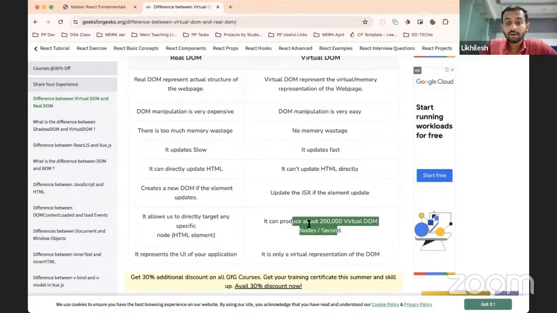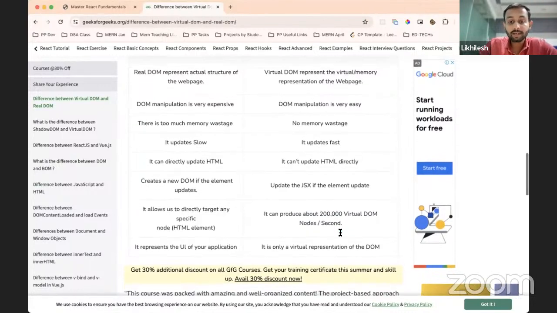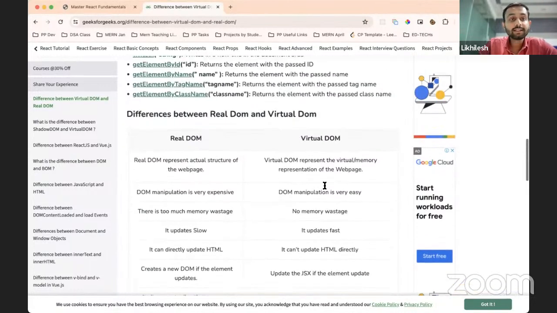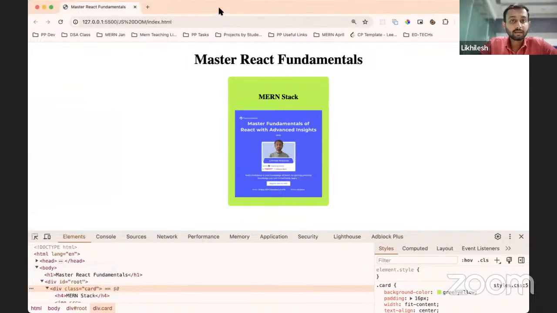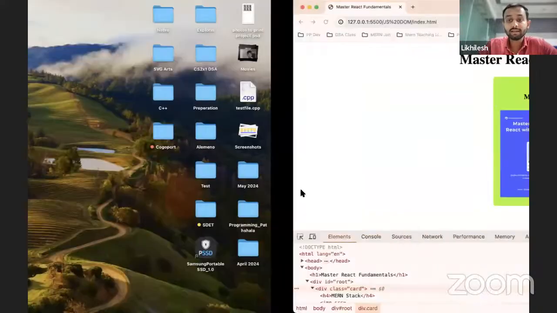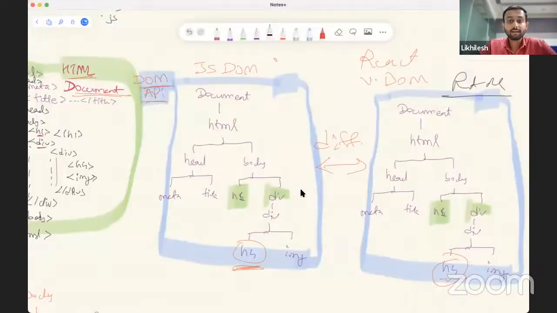एंड देर आर मल्टीपल थिंग्स एज वेल, यू कैन सी डायरेक्टली चेंज करने से कुछ लिमिटेशंस है। और वर्चुअल डॉम 2 लाख टाइम्स पर सेकेंड इतनी कैपेसिटी है उसकी, मतलब दैट इज अ रफ नंबर आई फील। तो जो भी नंबर है, इट जस्ट मीन्स दैट इट इज फास्ट। ओके, ये जो फास्ट फास्ट वर्ड आई एम रिपीटिंग, दैट इज द मेन थिंग। एंड दैट्स व्हाई वी नीड रिएक्ट। बिकॉज आज जो तुम वेबसाइट देखते हो, नेटफ्लिक्स इज देयर विच इज यूजिंग रिएक्ट, देर इज इंस्टाग्राम, देर इज फेसबुक।